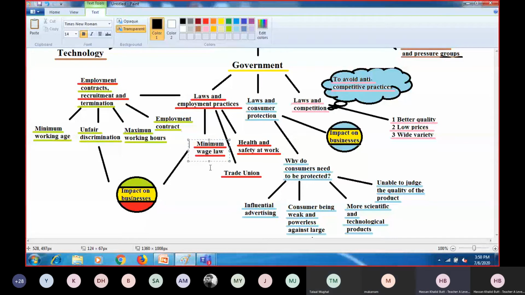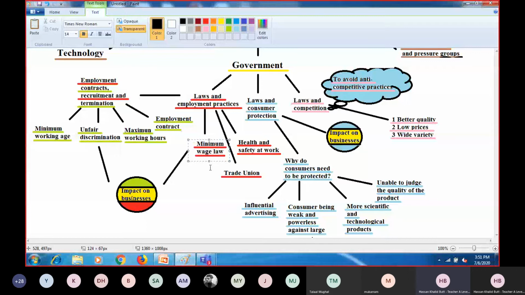Earlier, you were, for example, giving 10,000 to the worker. Now there's a new minimum wage law the government has passed, and the government says now you cannot hire a worker for less than 20,000. So there is a problem because now you have to give every worker at least 20,000 rupees. It will increase the cost of the business to a great extent, reducing the amount of profit the business gets.